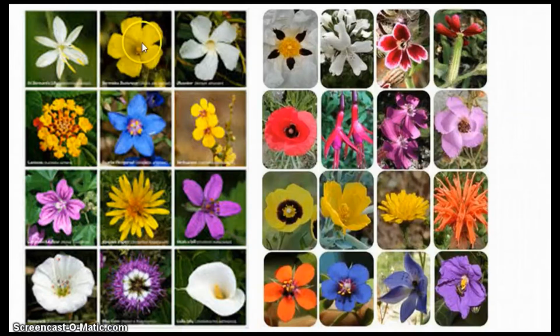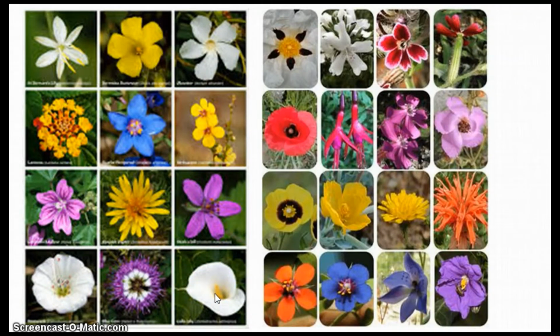Now you can see the variety of flowers, the shape, and then you can count the petals: 1, 2, 3, 4, 5, 6. Here it is 1, 2, 3, 4, 5. The number of petals is different. Some are joined, some are separate. All the petals are separated in some, and in others they are joined together. Here it is joined together.